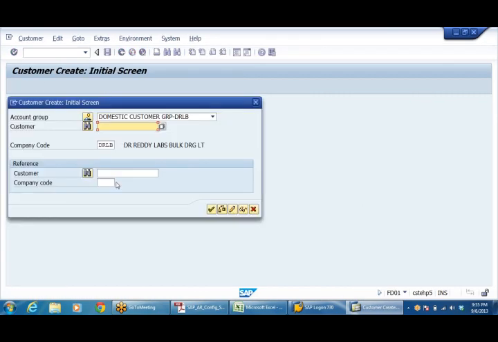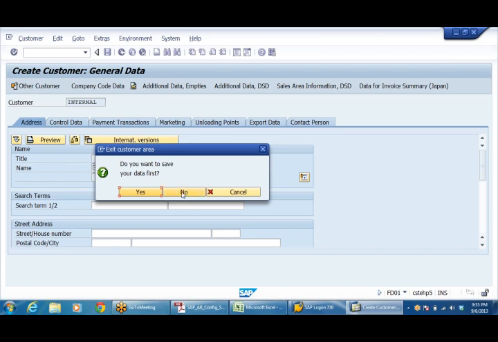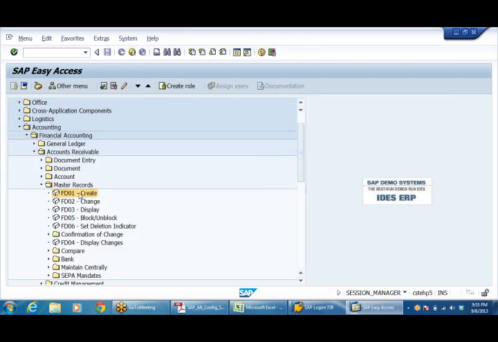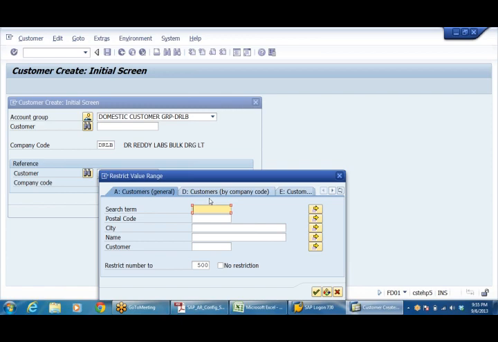So let me come back, and again I'll create one more party. See here what we can do. I can create with reference to company code DRLB and customer, whatever we have just now created.